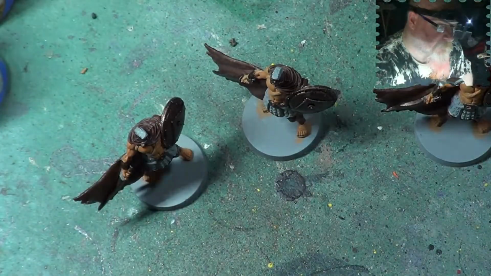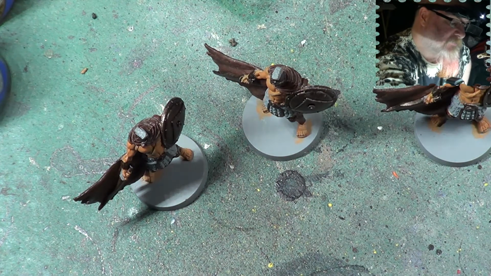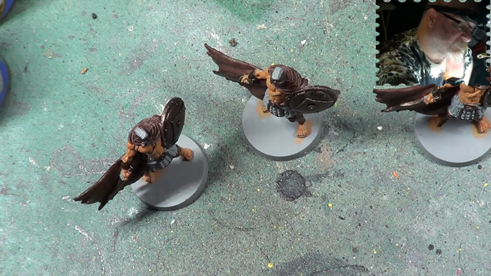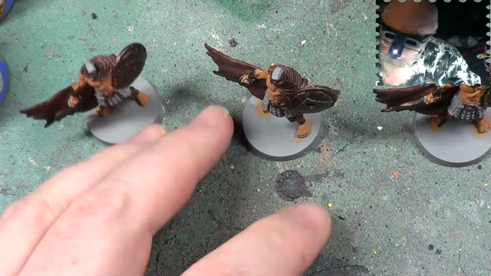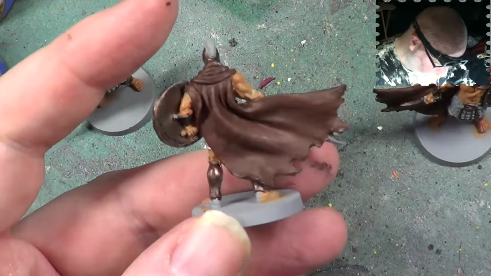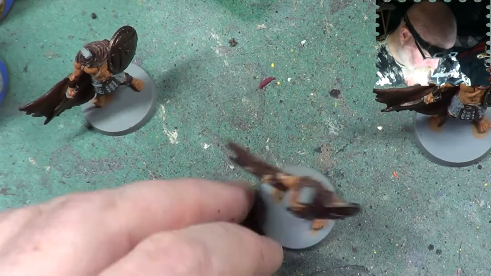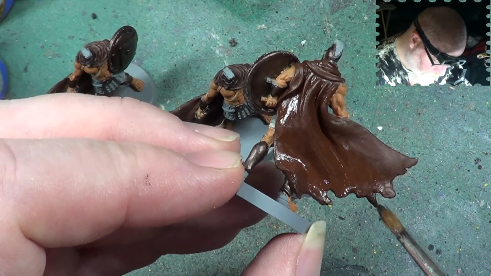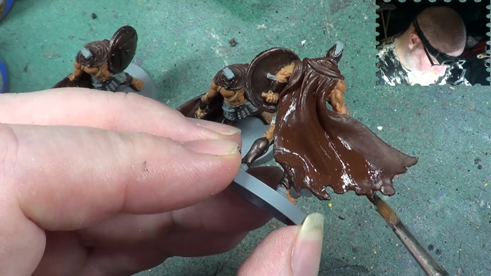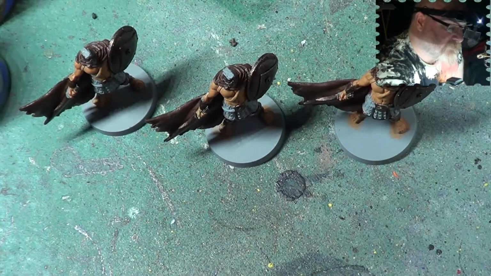Okay, so there we are. Now, one thing I had noticed while doing the capes is that I forgot, or I've missed an area with the metallic colour. So I'm just going to do that now. It's not going to take too long. It's just a quick blap there and a quick blap. The tip of the sword, that's all. Right, so next